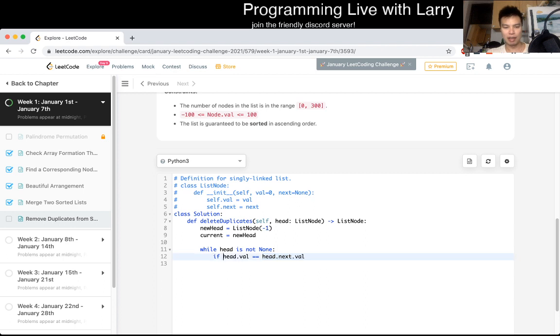So if head dot next is not none and this condition holds, then we can skip ahead, right? And right now we're using head as the pointer as well, so we do something like head is equal to head dot next. But then we have to think about the odd number of them, and that's not cool. So here we do a while loop, but